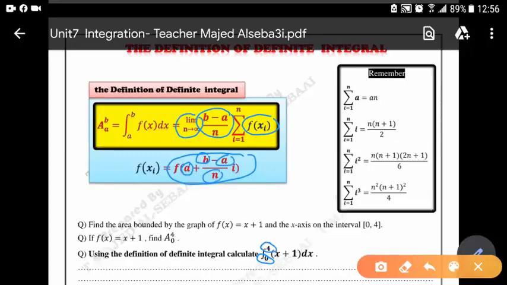Okay, how can I deal with the summation operations? I have 4 important rules to deal with it. I will show you how to do that. Of course, this year it will not come. Before that, I want to show you